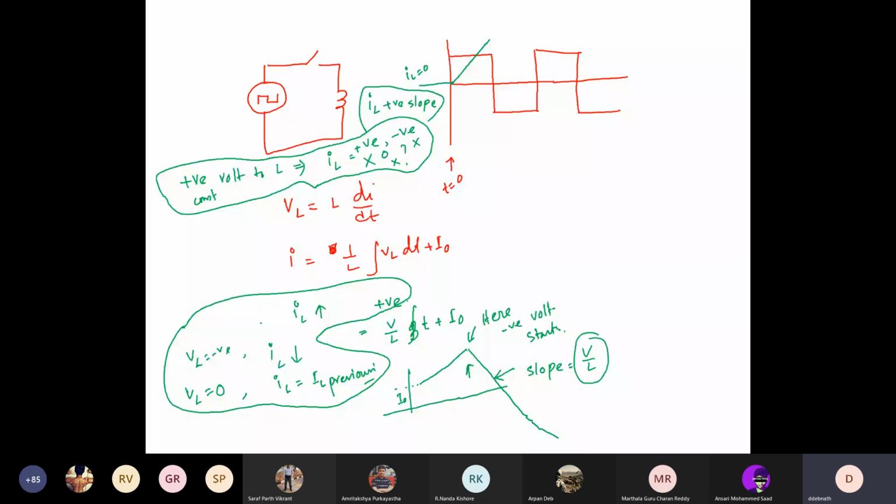So what I'm saying is, you have to spend at least half an hour to visualize all this equation in your mind. You need not remember anything. So you apply this here, right? This red one was VL. I started with 0. I applied positive voltage, current builds up. This slope will depend on V by L. Then I apply negative voltage, it will go down. It will reach here exactly, because this slope is also V by L, and this time is exactly the same. This is T1, this is also T1, because this is a perfect square wave.